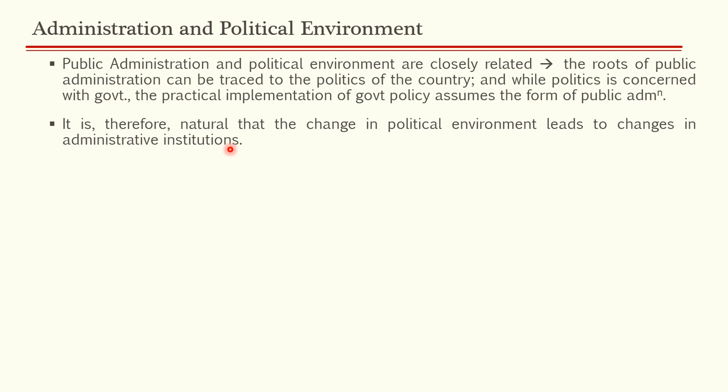I'll give you an example. Let's say today we are a democracy, and consider that 100 years or 200 years down the line we convert into an autocracy. Okay, an autocratic rule came into India 200 years later. So what will happen is administration in that autocratic rule will be more centralized. Today, when we have a democratic political environment, we have a decentralized administration, right? So what will happen when we have autocratic political environment? The administration will become centralized. So if political environment changes, administrative institutions will also undergo change. It is but obvious, right?